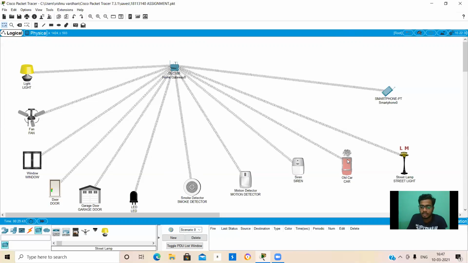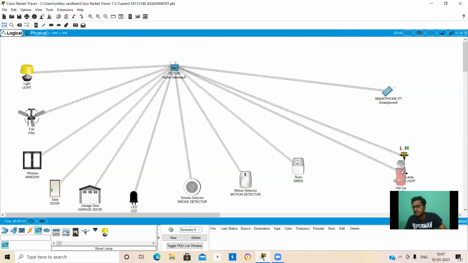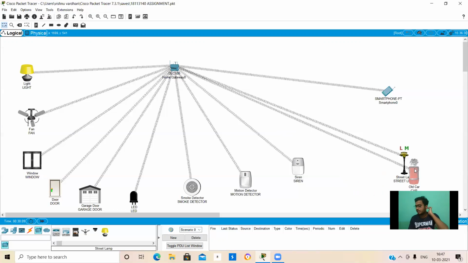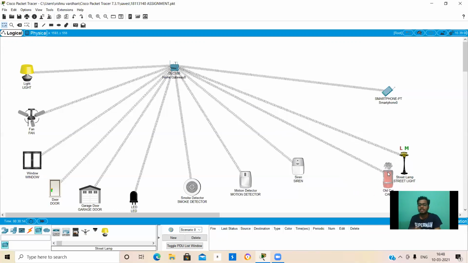And now let me show you this. I have a vehicle going beside this street light. The motion of the car is detected by the street light. The green light of M is glowing. When I go far from that, it will not detect. So when I go near to this street light, the light M will glow, as the motion is detected by the street light.